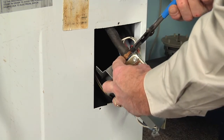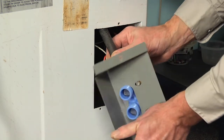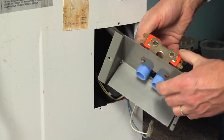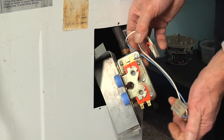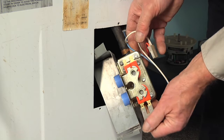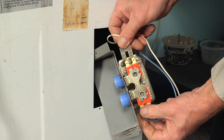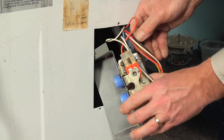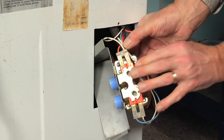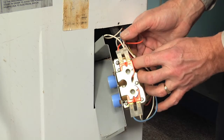Now we can reinstall the wire harnesses. You'll note that on the mounting bracket there is a C on the bottom and an H on the top to indicate cold and hot supplies. So the white and blue connector will go on the bottom, the cold supply, and the orange and white will go on the top solenoid for the hot. And we can tuck that harness in around that hook,